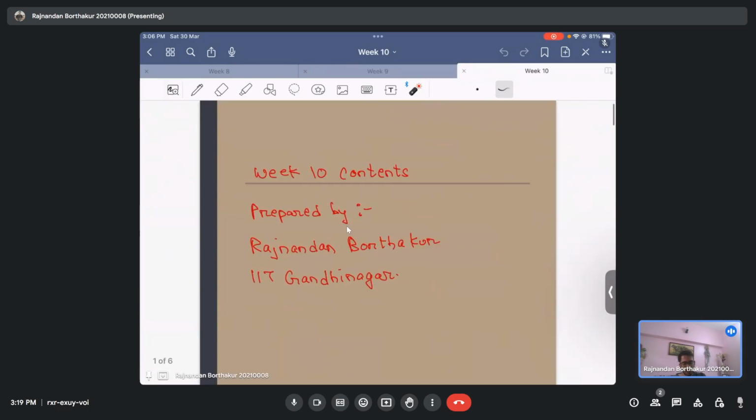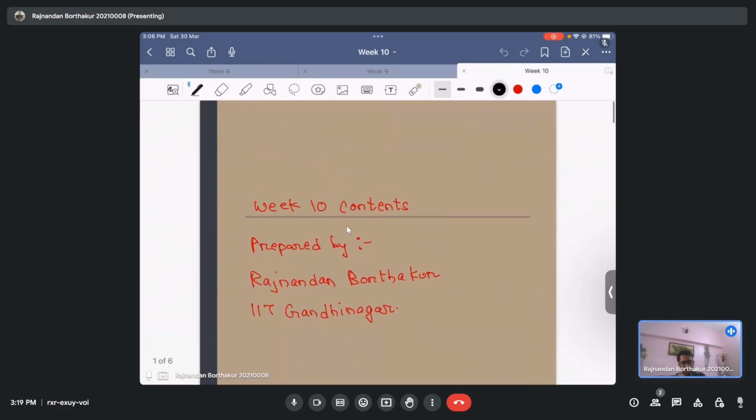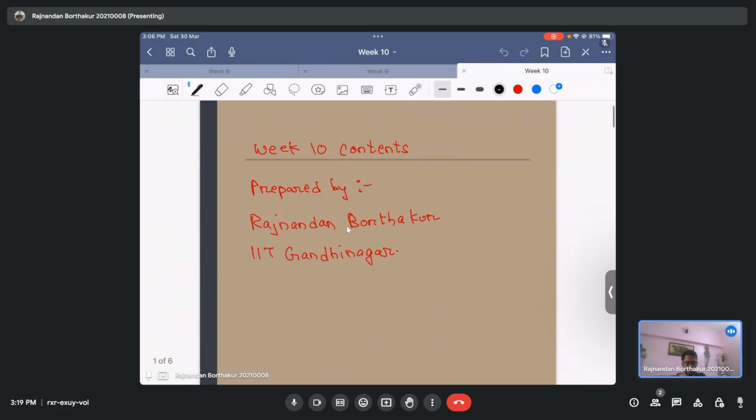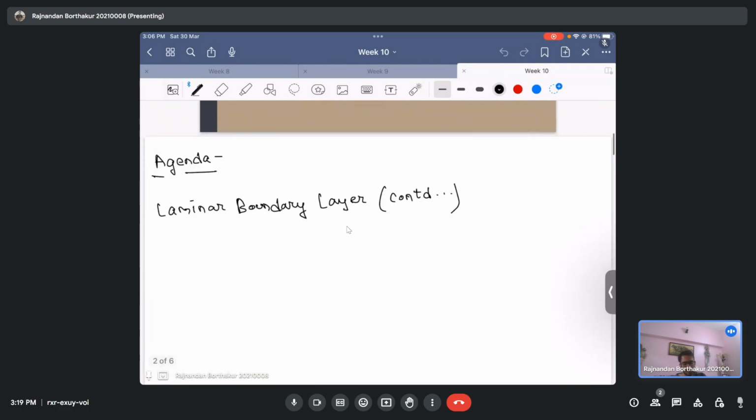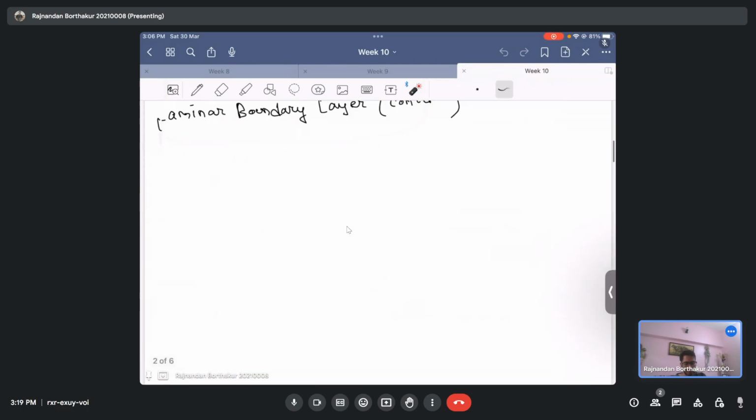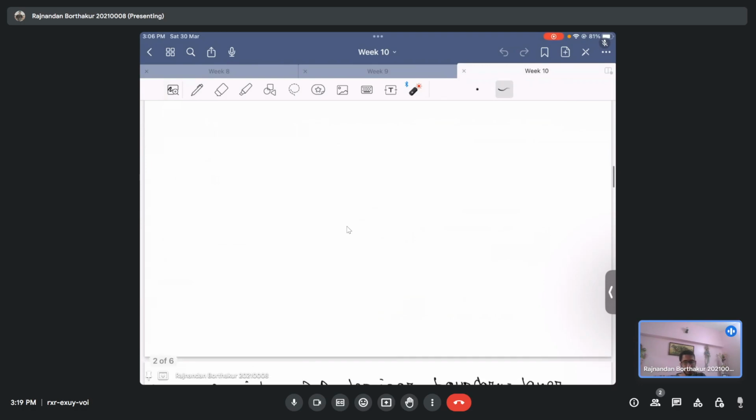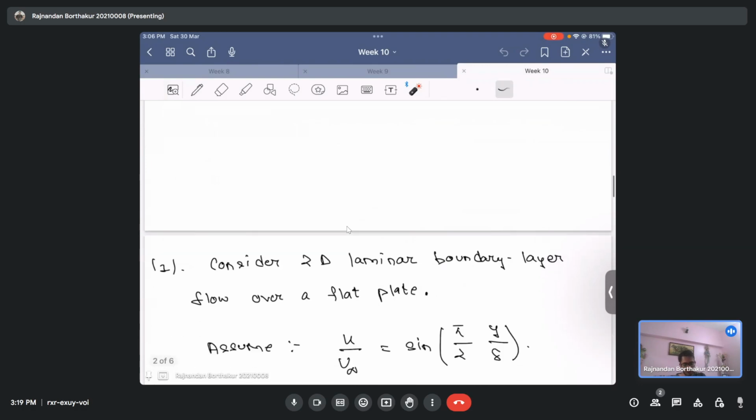So today we will proceed with the boundary layer theory, and we will look into some other problems involved with this laminar boundary layer. And before starting off with the problems,